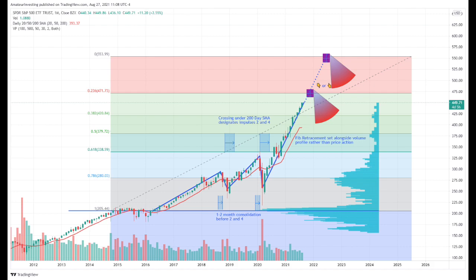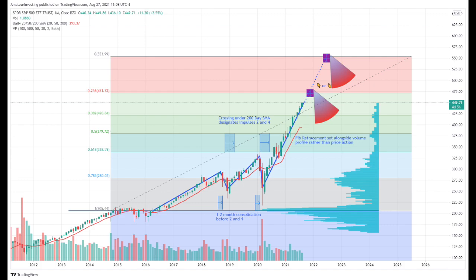So assuming this is correct, and I do believe it is correct, the right strategy is going to be to pump all your money in and ride the rest of this rally, but to really keep your eyes peeled around 471 and 554. If you see a price consolidation over a 2-month period where you are not hitting a new high, sell. If you're feeling really gutsy, buy the inverse of the S&P. Bet against it. Buy puts. I don't care what you do. I think this thing is coming down.